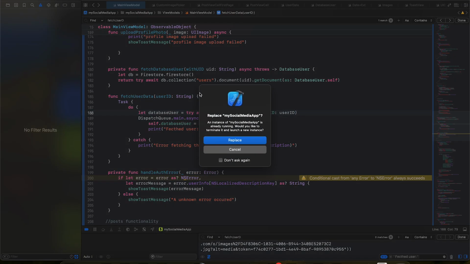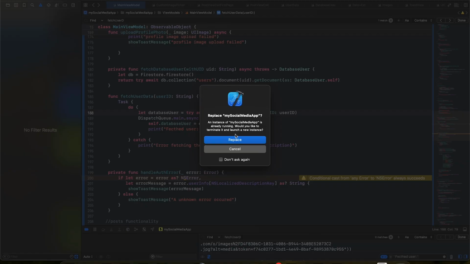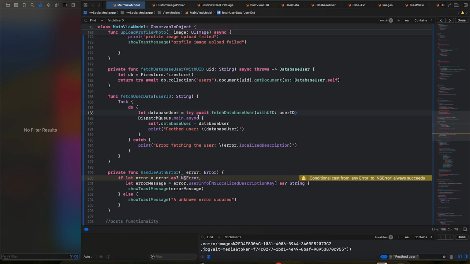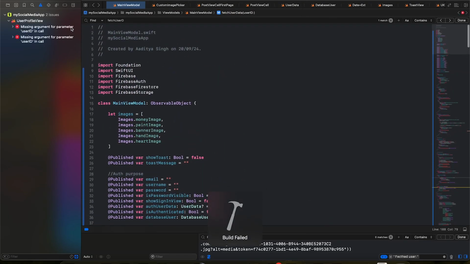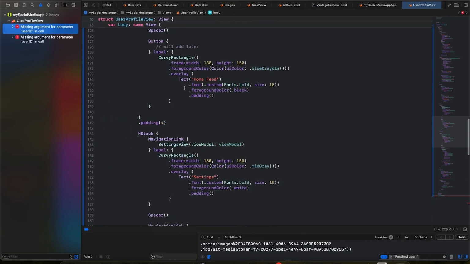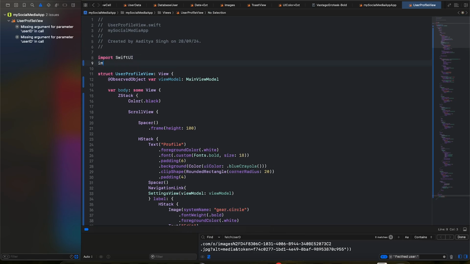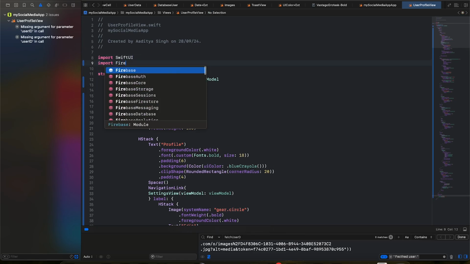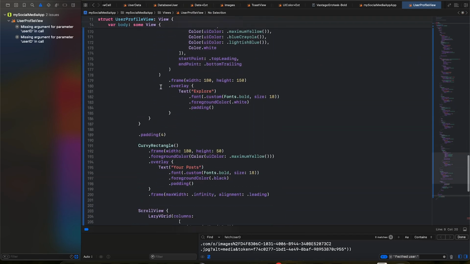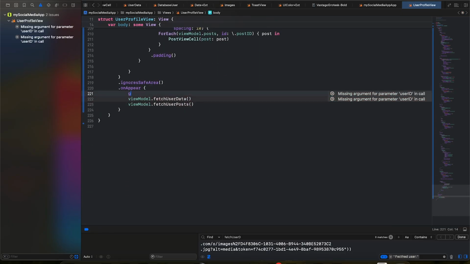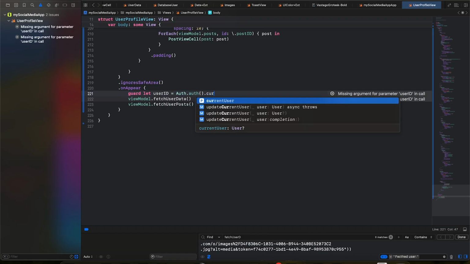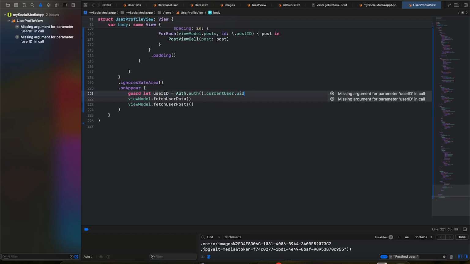This is that. If we run the app, it should definitely throw us some error. So let's just wait for that. And what import we were using. Okay, so user profile view gives an error, and we can go inside here, do Firebase auth. So what we can do here now is that we can write guard let userID equals Auth.auth().currentUser.uid,